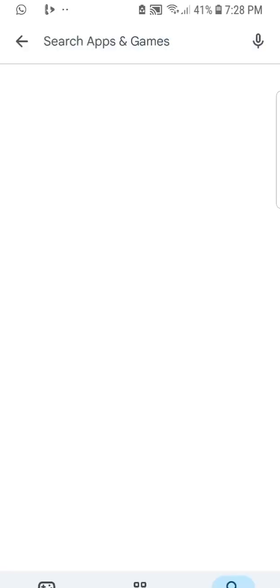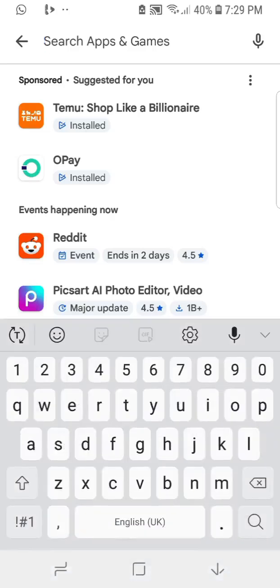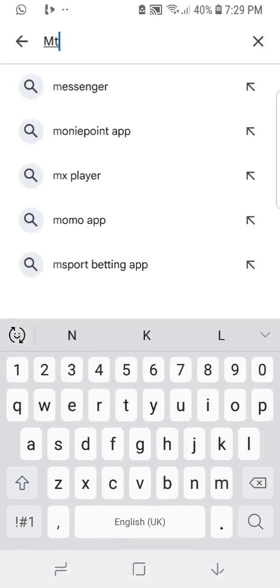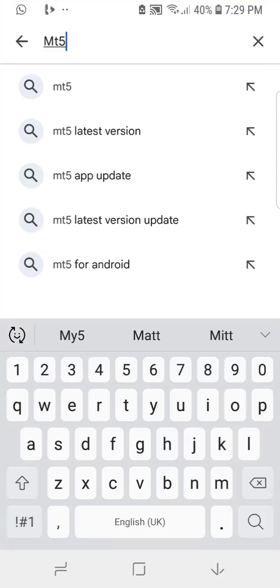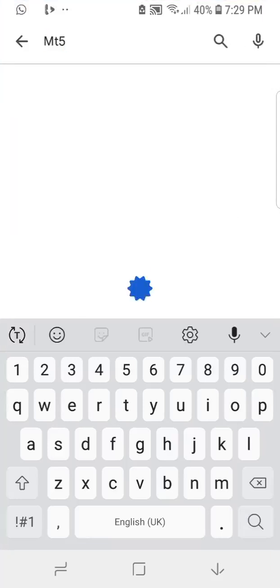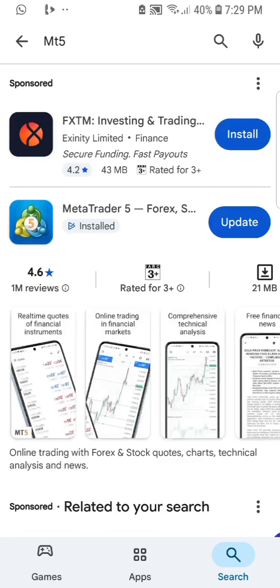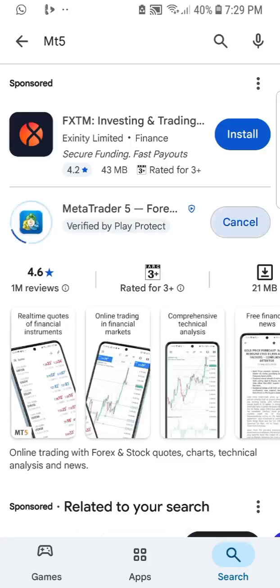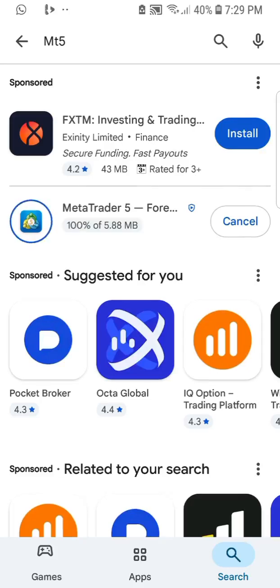So this brings us to this video. Today I'm going to introduce an app called the MetaTrader 5. That is where all the magic happens. So you go to your Play Store or your App Store and you type the MT5. So once you type MT5, it's going to show this blue app right here. You can see that I already have it installed. So I'm just going to update. If you don't have it installed, you should install it. And once you do that,